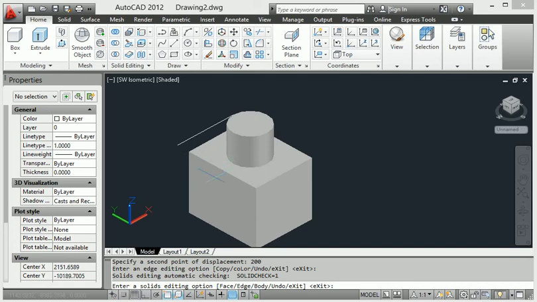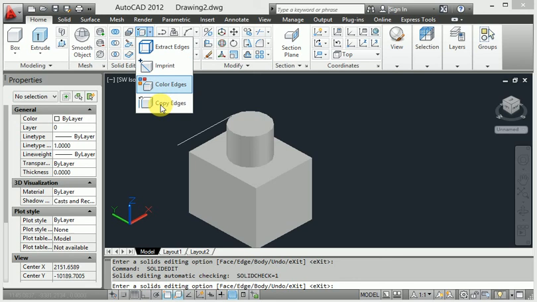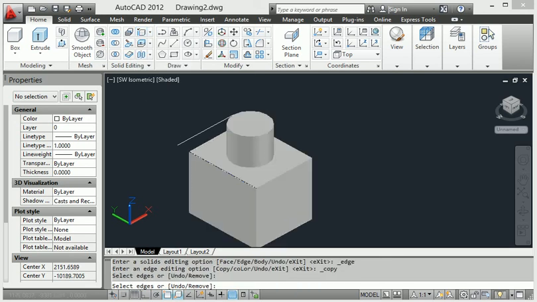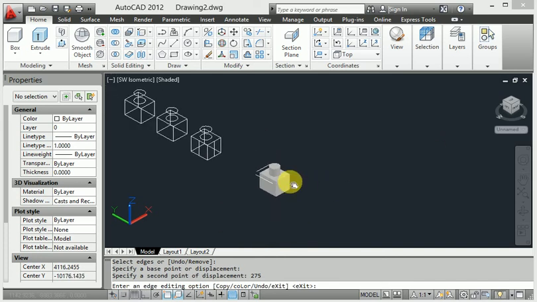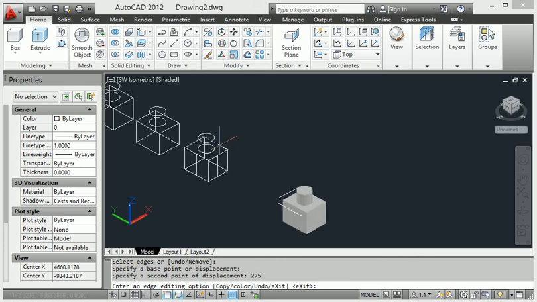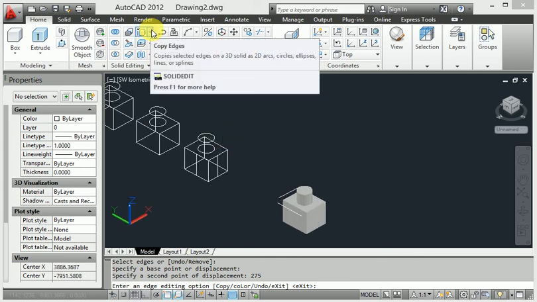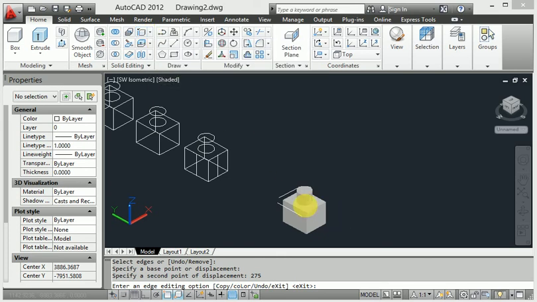Same thing here: click this line, enter copy, click this line and enter, show this point, click here, and the distance 275. So it is very easy to work with abstract edge, imprint edge, color edge and copy edge.